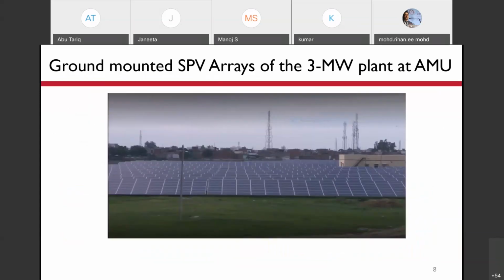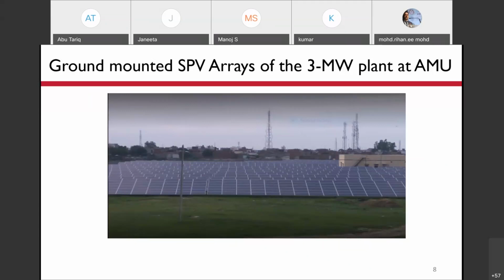It is the picture of the ground mounted PV array of the 3 megawatt plant at Aligarh Muslim University. Comes up, then this will be a problem for this plant.